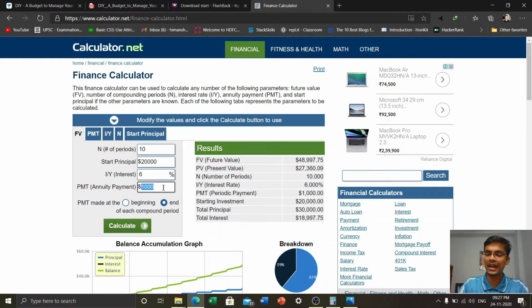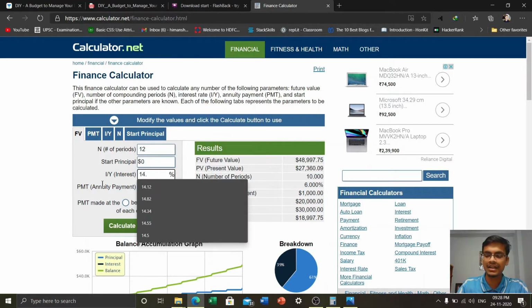So considering the monthly payment to be 500 and the number of periods to be 12, as I would be investing for 1 year, and 1 year consists of 12 months, and the start principal would be 0 because we don't have any money right now, and we'll start investing from the next month when we'll take out a saving of rupees 500. And the next is interest rate. I would consider the interest rate to be roughly around